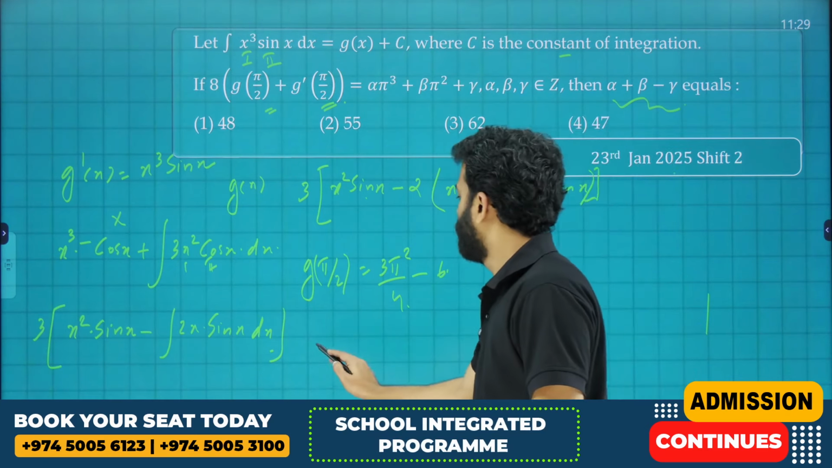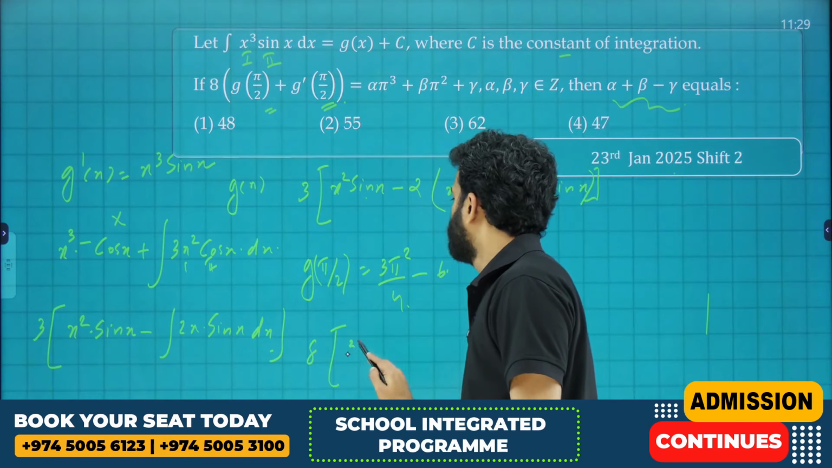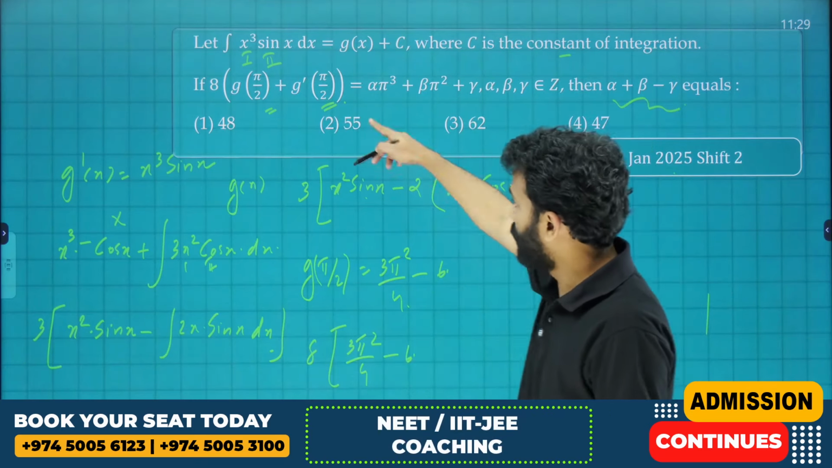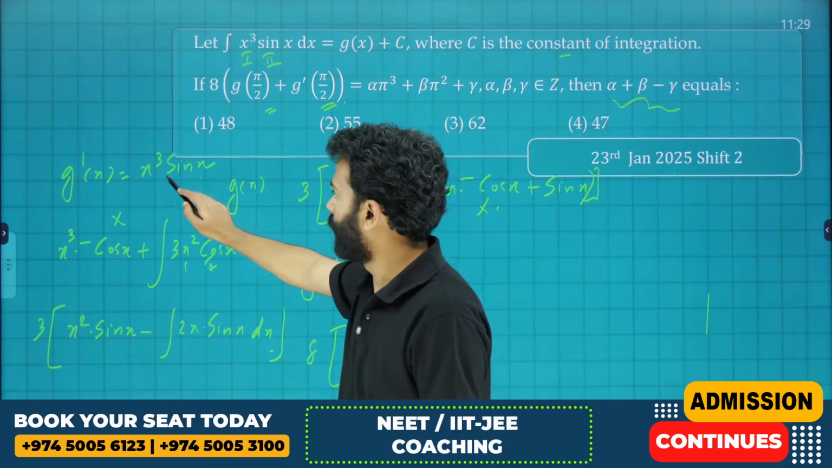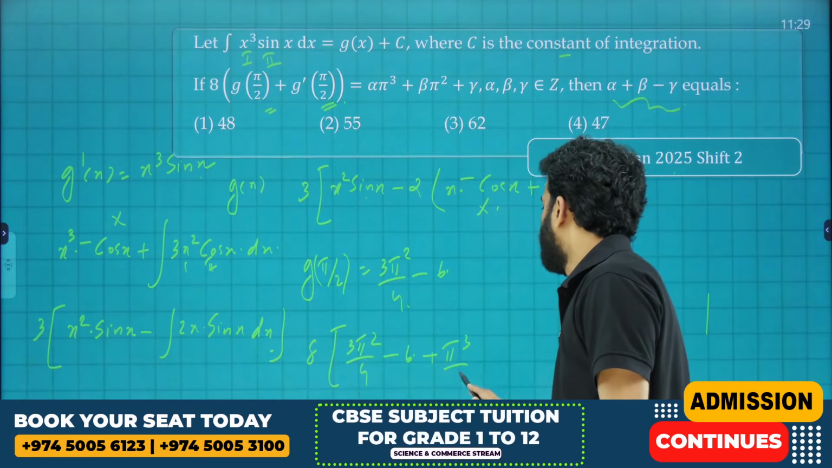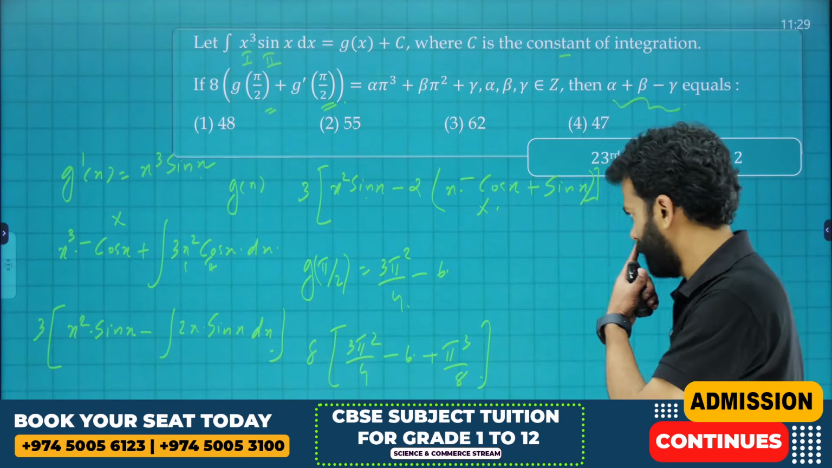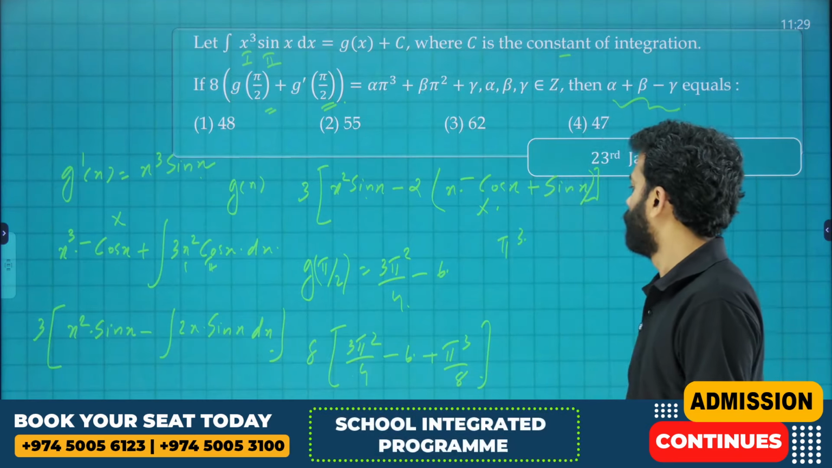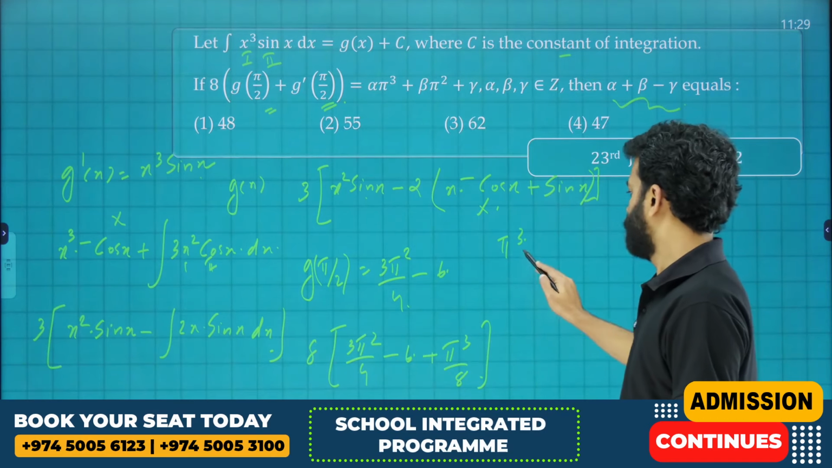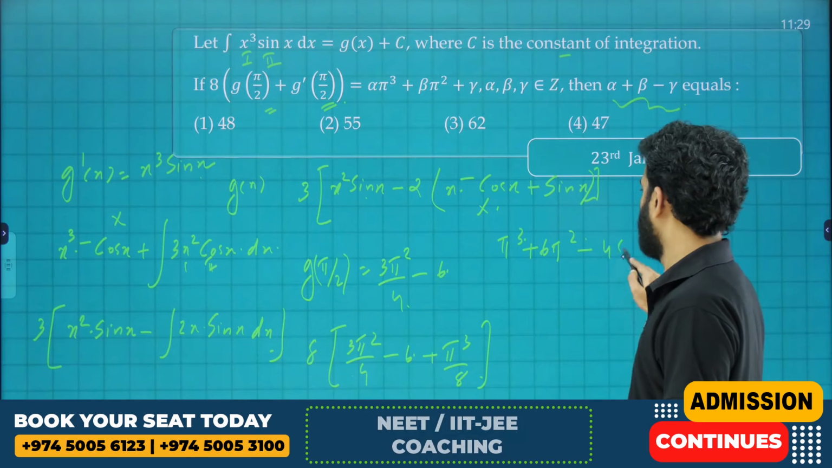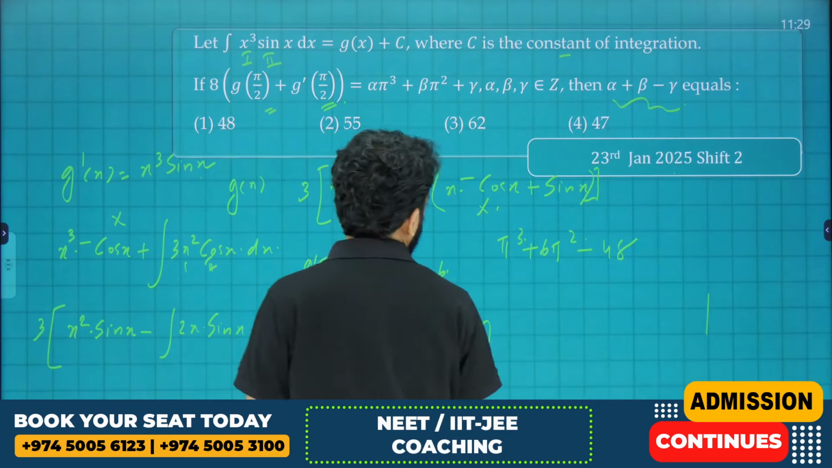Okay, then we can apply the value here, 8 into 3 pi square by 4 minus 6. Okay, and what is g dash of pi by 2? This is 1 and this is pi cube by 8, right? Plus pi cube by 8 will be like that, and if you open the bracket it will be pi cube. Okay, pi cube and 24 6, right? That is plus 6 pi square minus 48 will be there, and you need to find the value of alpha